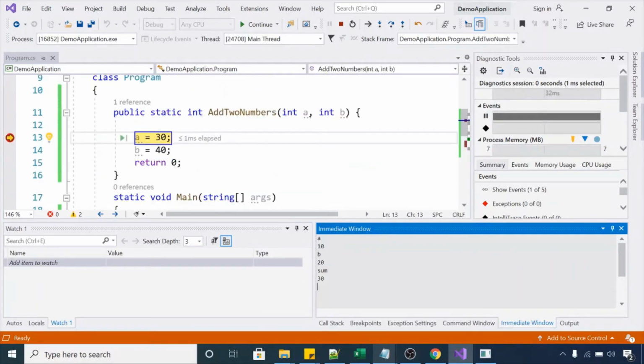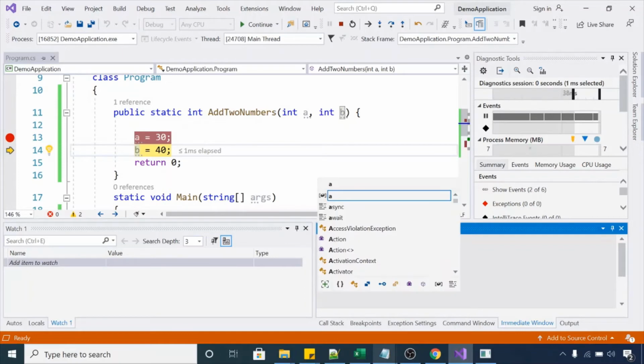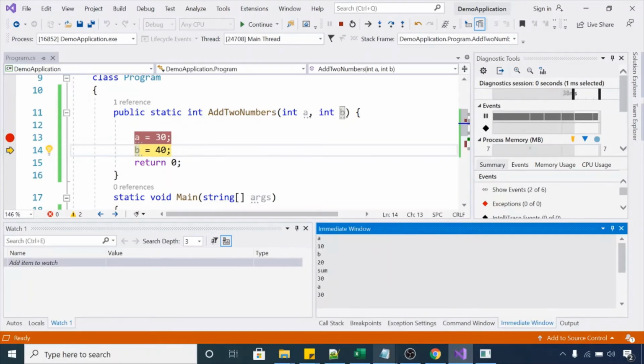Now line number 23 is calling the addTwoNumbers method. Our control is now in the local method, addTwoNumbers. If I try to fetch the value of a in this particular method, it will give us 30. Have a look, it's giving us 30. Let me clear this console in the immediate window and try again to fetch the value of a.